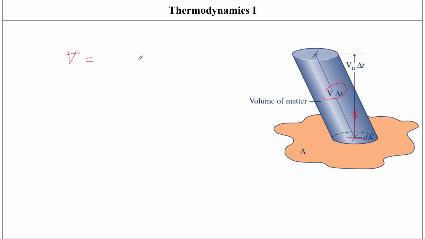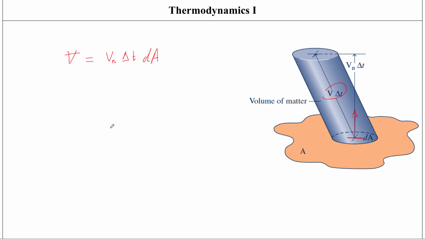basically the product of area into its altitude. So the area is going to be equal to dA for this incremental one, and I can multiply it by the altitude, which would be the component of the velocity in the normal direction multiplied by delta t, right? So this is going to give me the volume of the mass that is crossing dA during the time interval